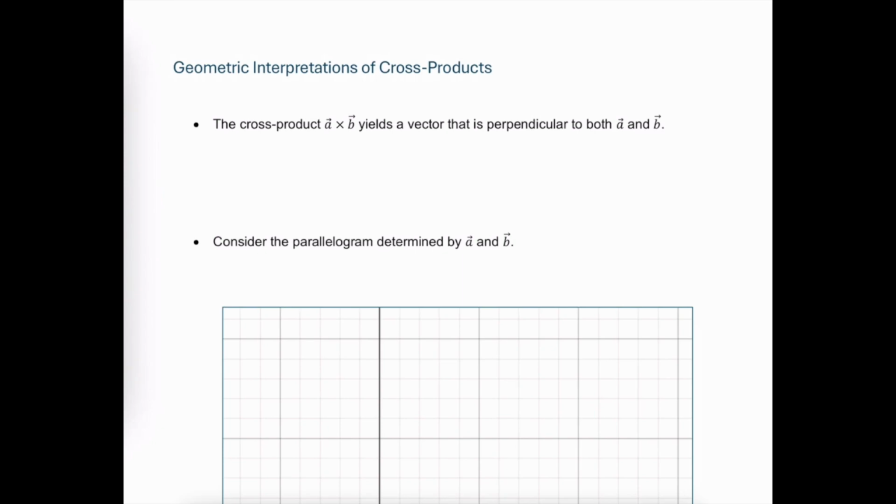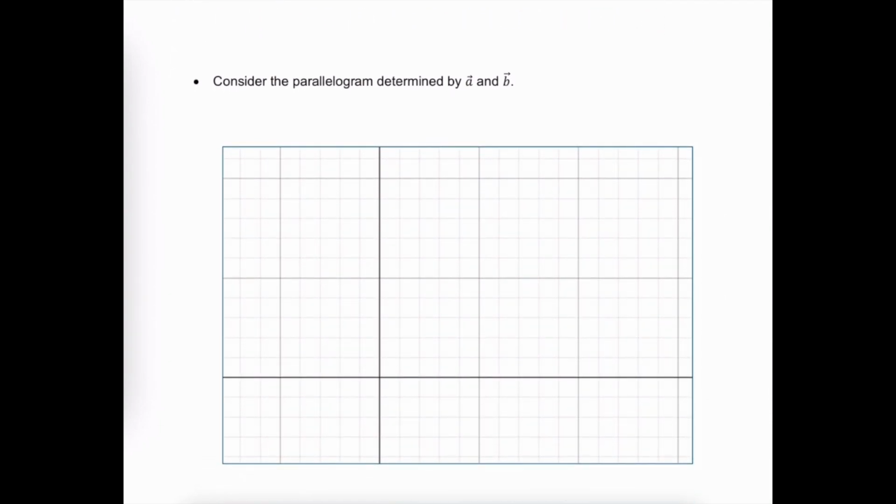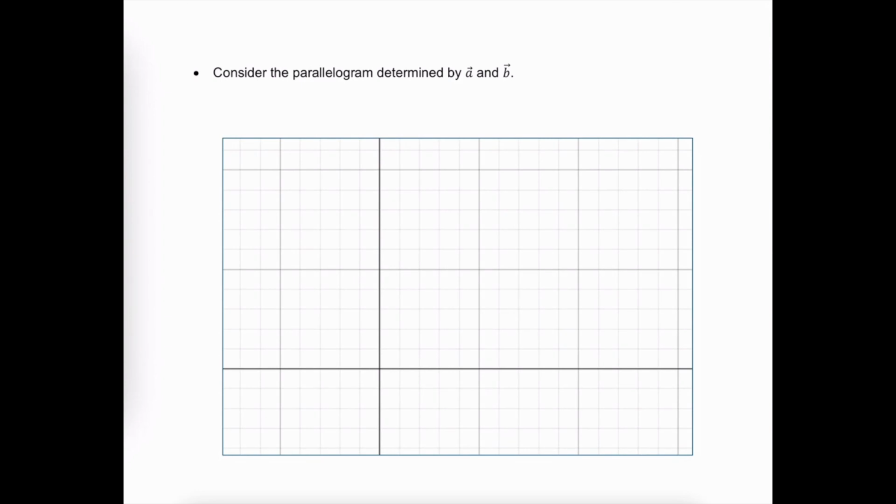Now we're going to look at a couple geometric interpretations of the cross product. One interpretation that has already been discussed is that the cross product between two vectors is going to yield a vector that is perpendicular to both A and B. In this video, we're going to look at another geometric interpretation, which is going to involve the parallelogram that's determined